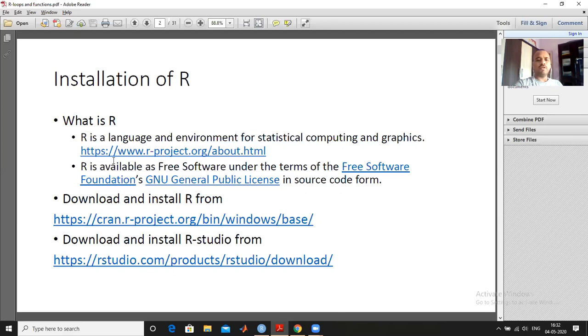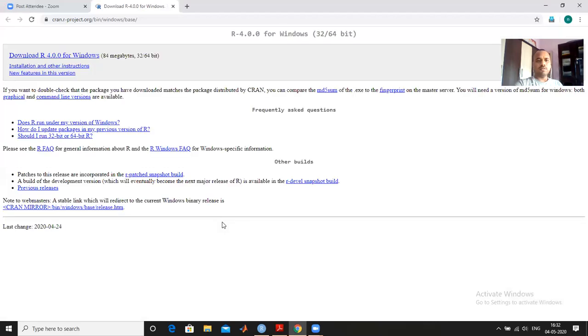It is freely available on the internet, and you can download R from this link. This is the website where you can download R, and the latest version is 4.0.4.